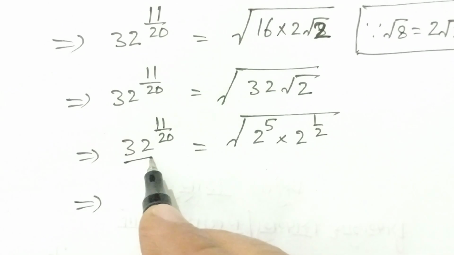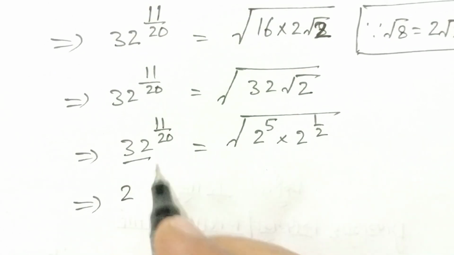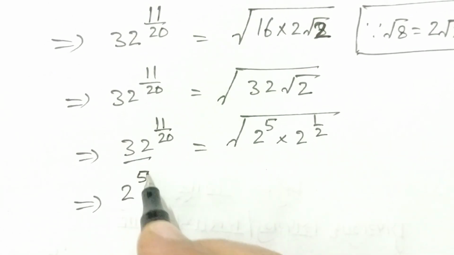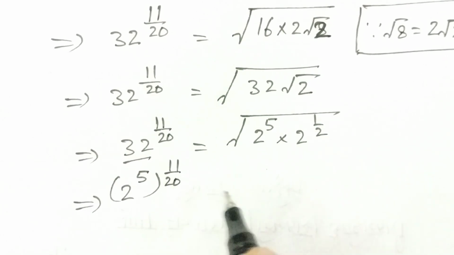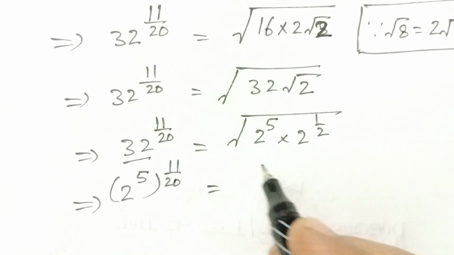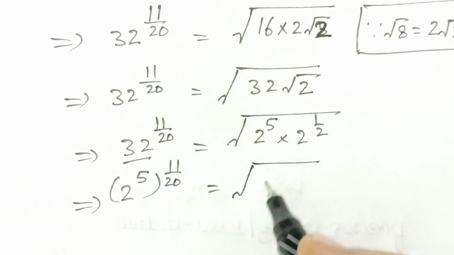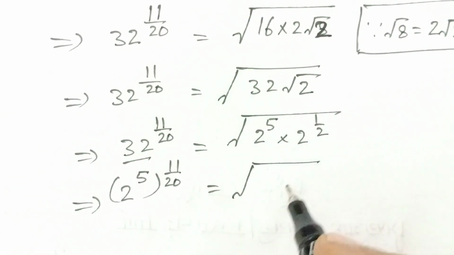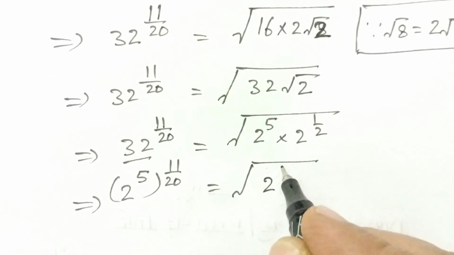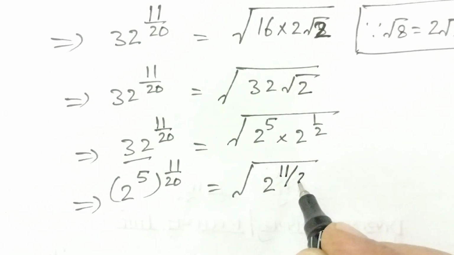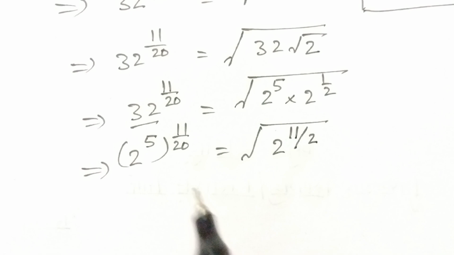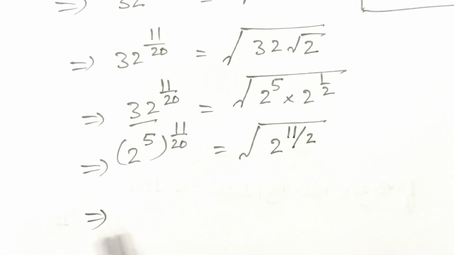So 2 to the power 5 to the power 11 over 20 is equal to square root of 2 to the power 5 plus this will be 2 to the power 11 over 2, right? So 2 to the power 11 over 4